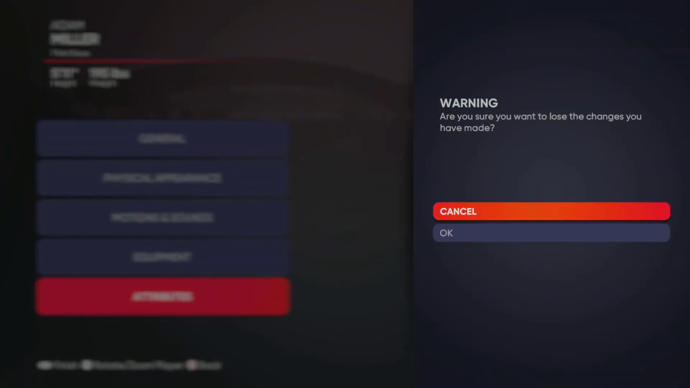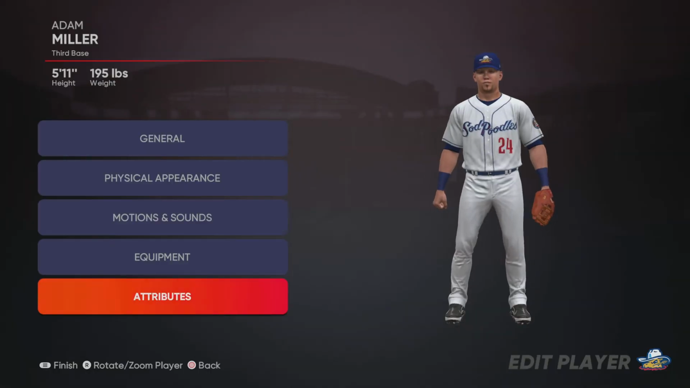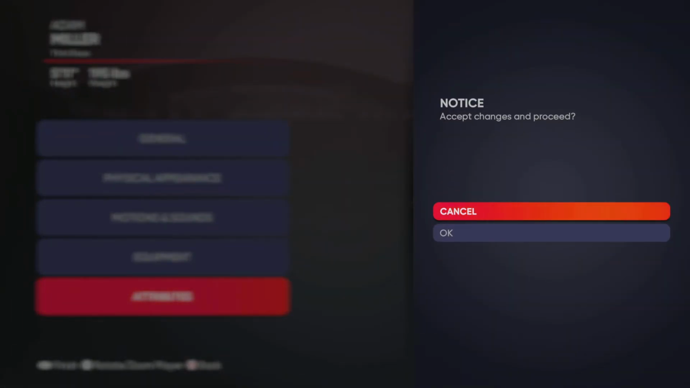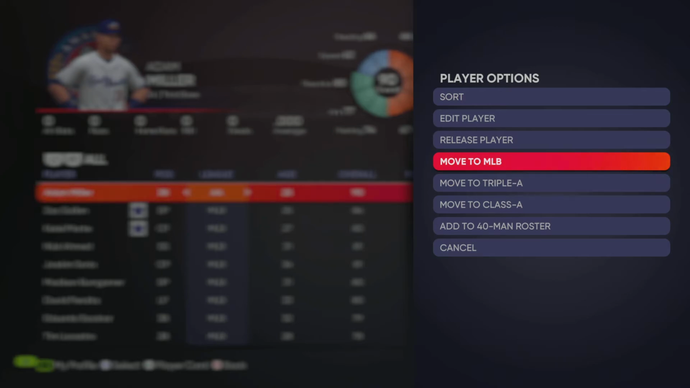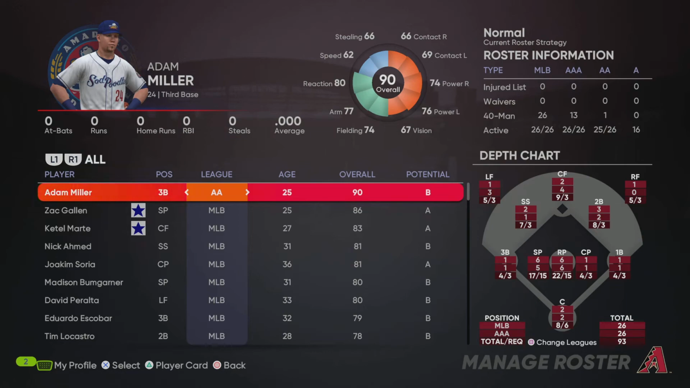Okay. No, I don't want to. You want to hit start is what you want to do to accept the changes. Okay. So now I got Adam Miller, right? So now I want to move him to MLB, right? Okay, Adam Miller is not currently on the 40-man roster. Okay, so